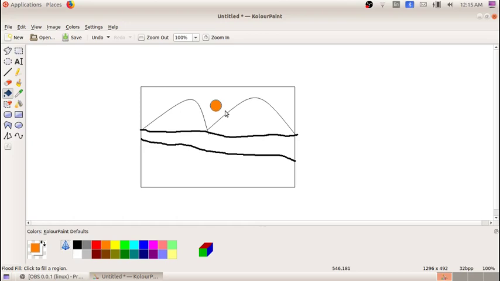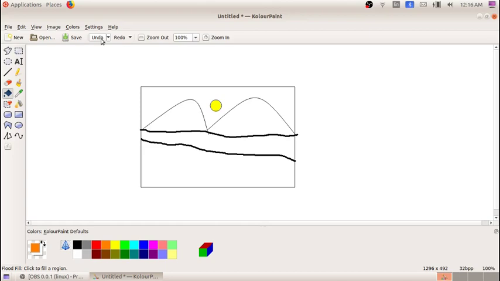That means if I want to move back to the previous step, I can use undo button. So I am going to click now. If I click on this undo button, what will happen? The sun will change to yellow color, the previous step. Okay, so that is the use of undo button.